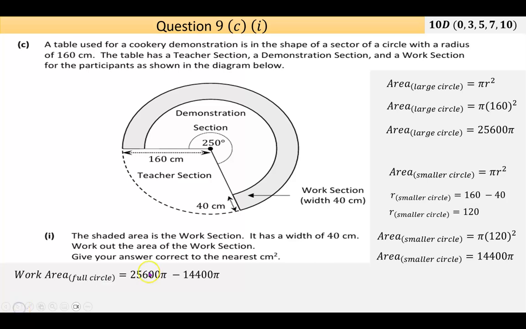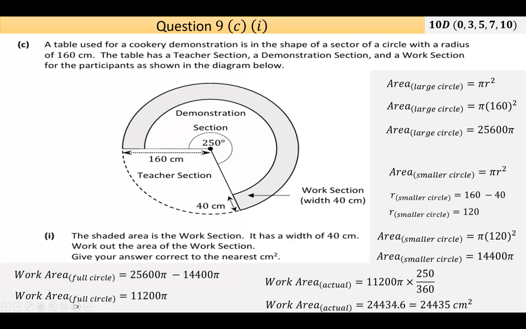Now, the difference in them is the area of the total work area, like if it's going through the teacher section, okay? And I got 11,200 pi, but there is no work section in the teacher section, like they're standing in there, okay? So I only need to worry about this 250 degrees of the full 360. So I'm multiplying my full work area by that fraction, which will reduce it. I got an answer of